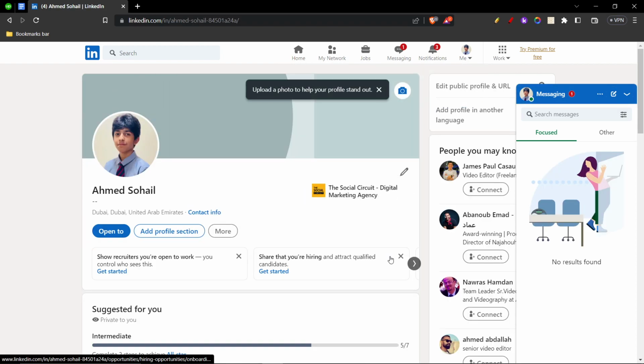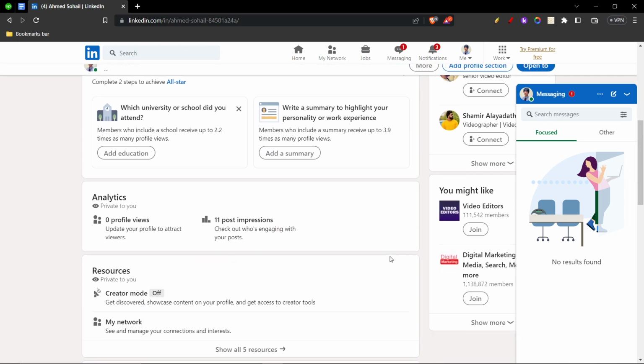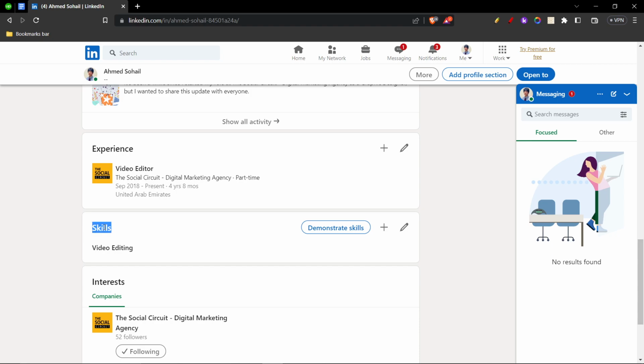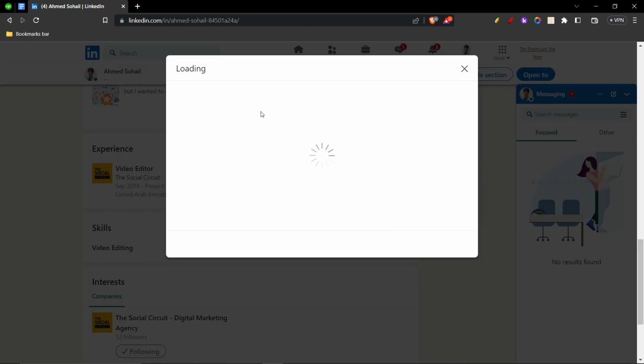Once you're on your profile, you're gonna scroll down until you see the section of skills. As you guys can see, my section is right here. And then to add more skills, you can just click on the plus button,